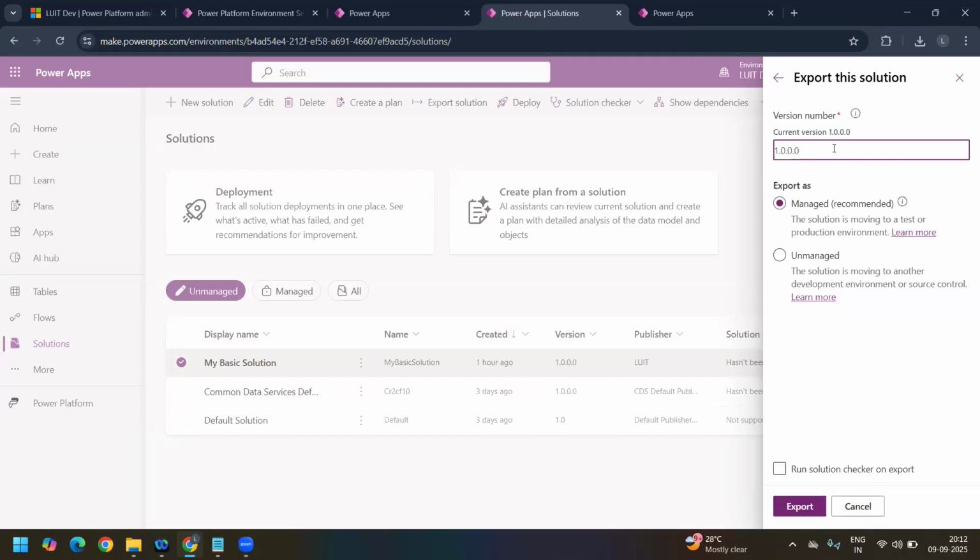Now here, if you see, you have two options: export as managed and export as unmanaged. There itself they are suggesting that if the solution is moving to a test or production environment, use this one, and if the solution is moving to another development environment or a source control, use the other. What do you mean by this? So basically,